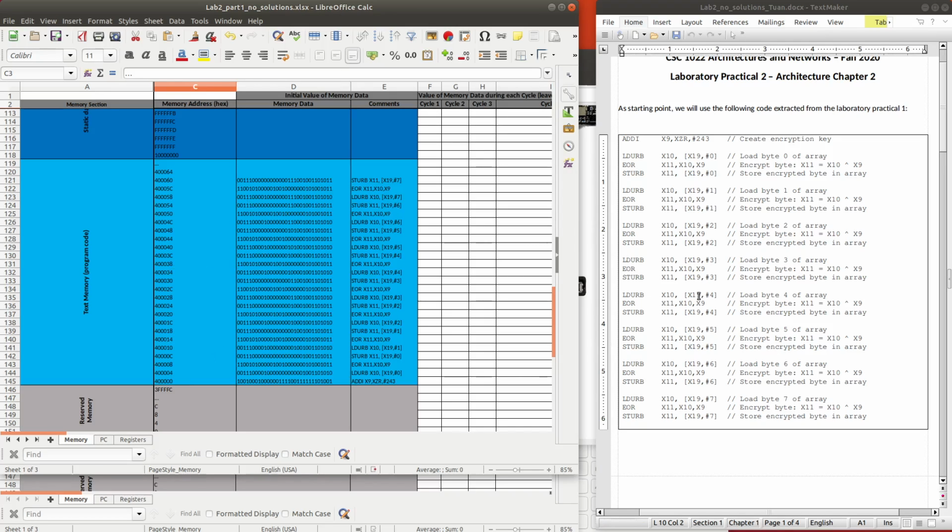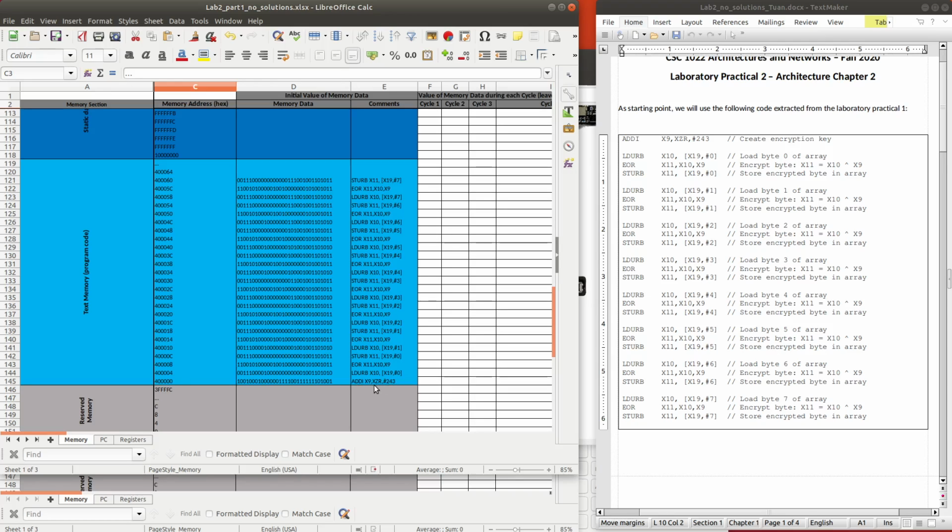As you can see here, our first instruction, add X9 XZR #243, will be in the first address of 400000, or in short at user memory 00.